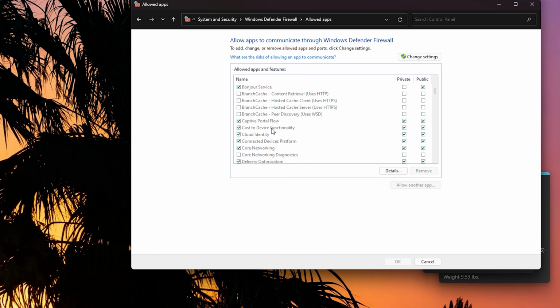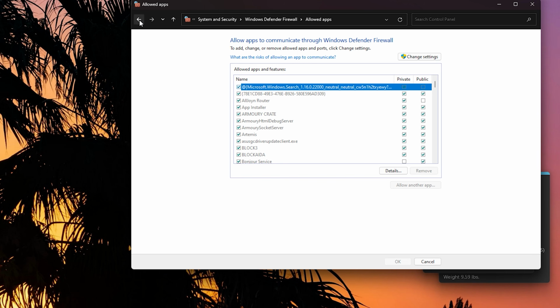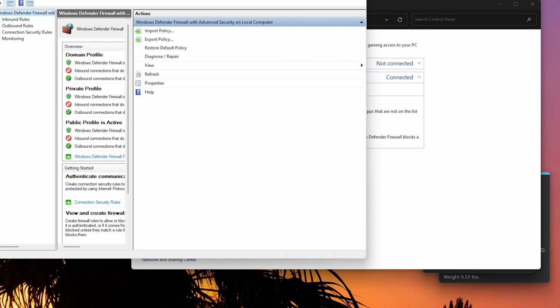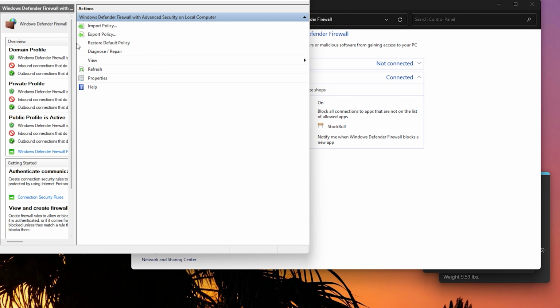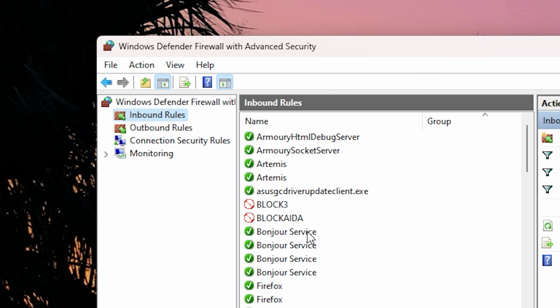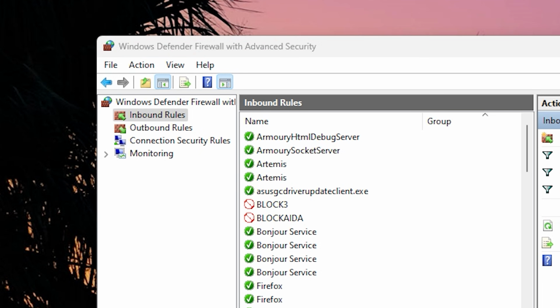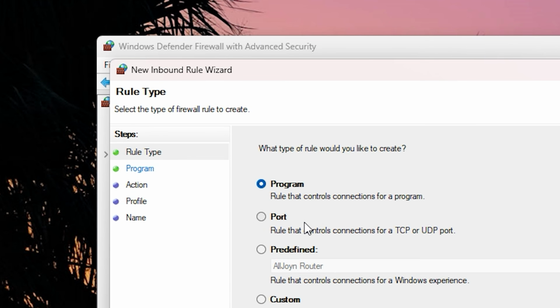Now, if you don't see it on here and you want to make sure that it is enabled, just go back here. And then you're going to just click advanced settings. When you go into advanced settings here, you're just going to go into inbound and outbound rules. So we're going to allow Corsair. So in order to do that, we're just going to right click new rule. When you hit new rule, you're going to just allow the program